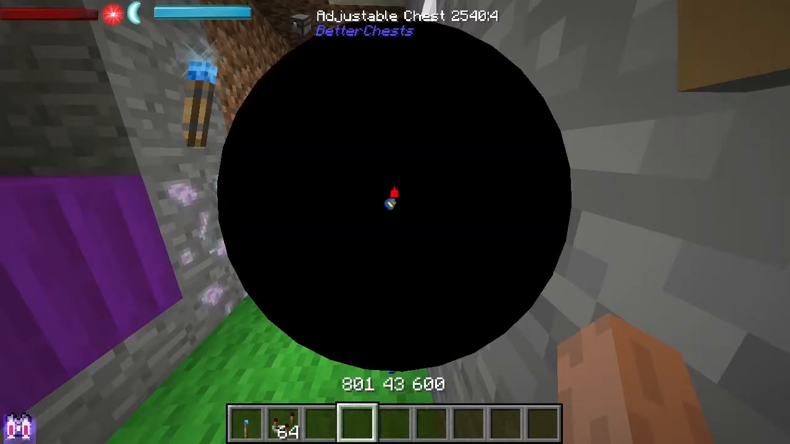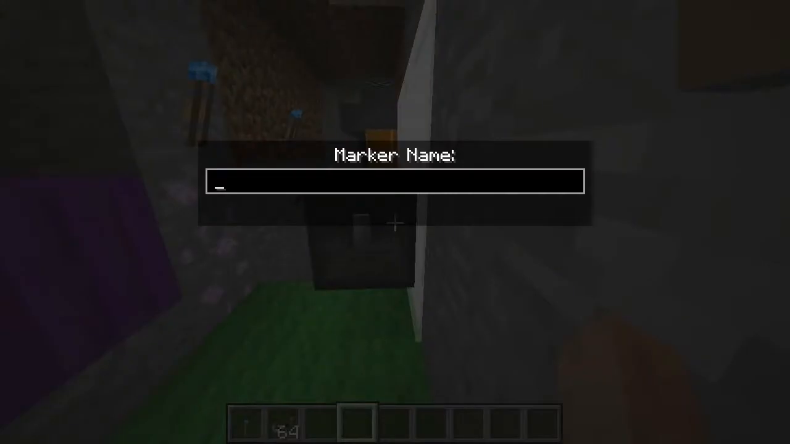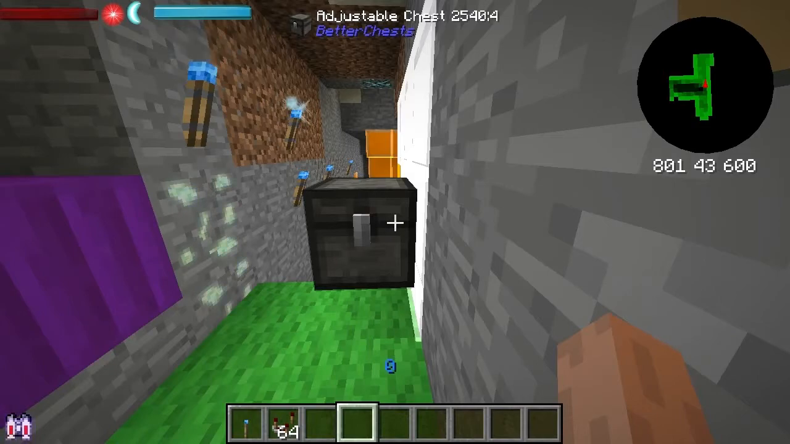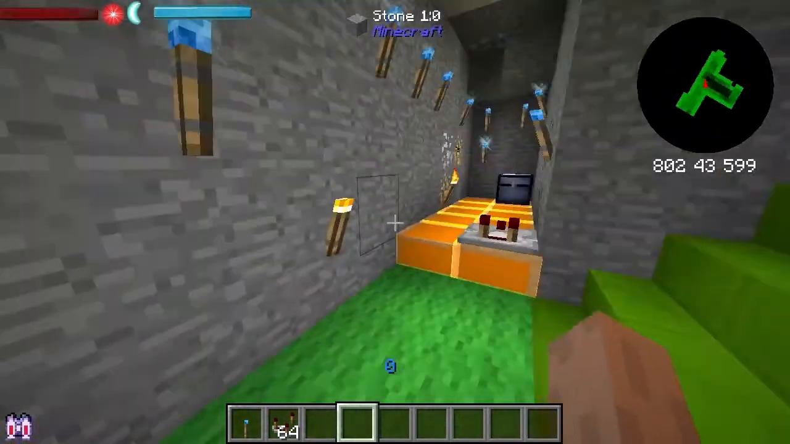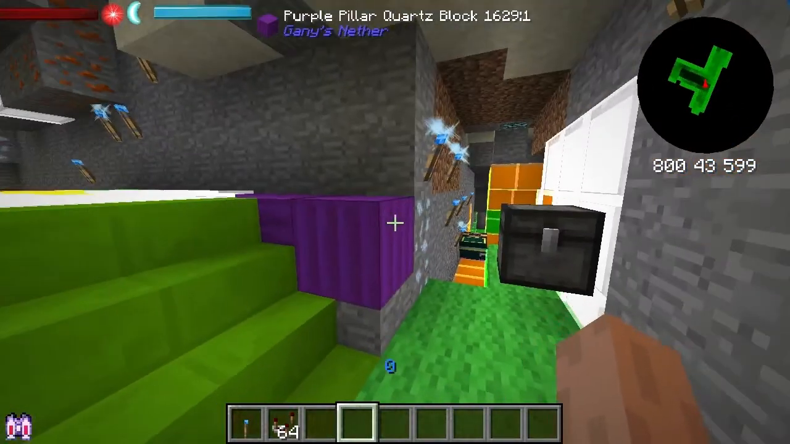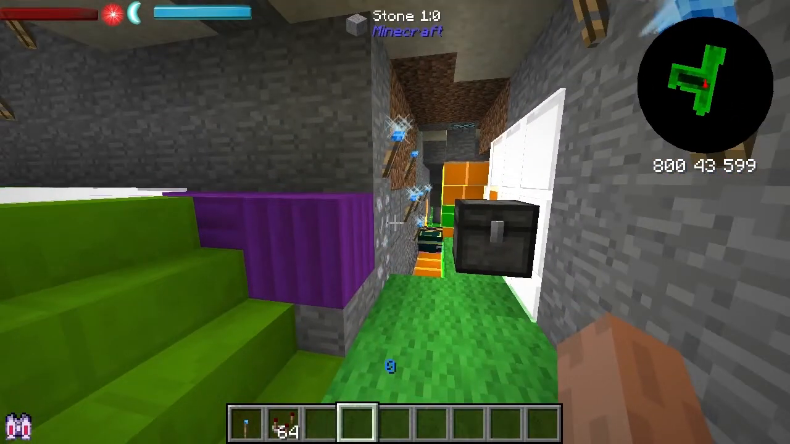That's the marker name. I think I've done a zoom function I didn't mean to do on the map. Oh well, that looks interesting. So yeah, what I'm going to do now is,